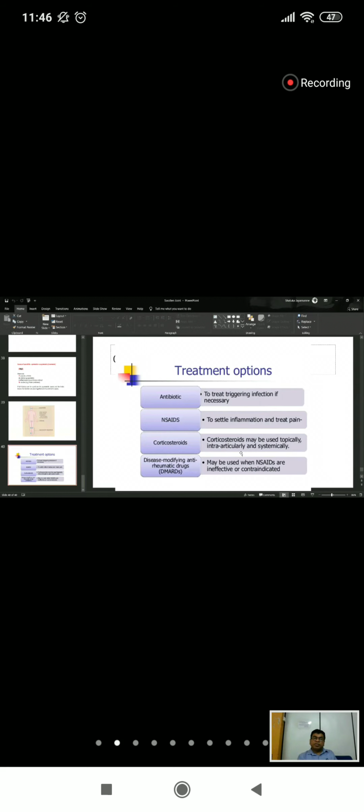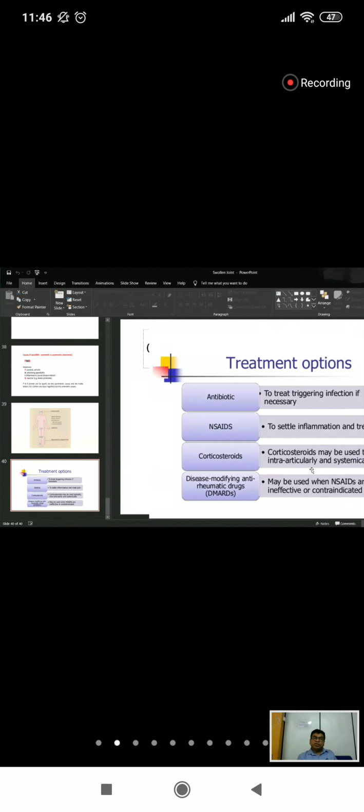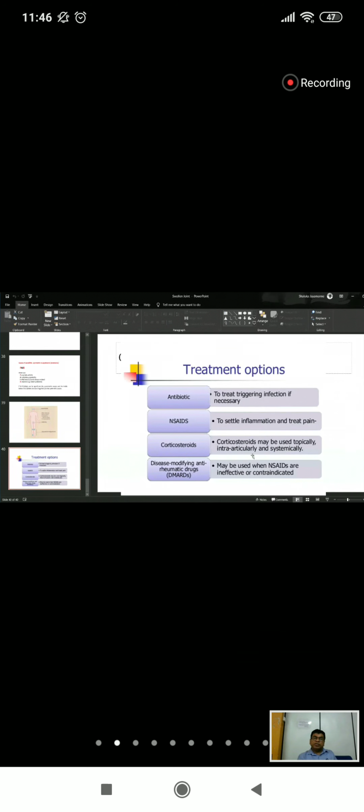Non-steroidal anti-inflammatory drugs settle the inflammation and treat the pain. Corticosteroids may be used topically, intra-articularly, and systemically. Disease-modifying anti-rheumatic drugs may be used if the others are ineffective or contraindicated. So that concludes the illustrations